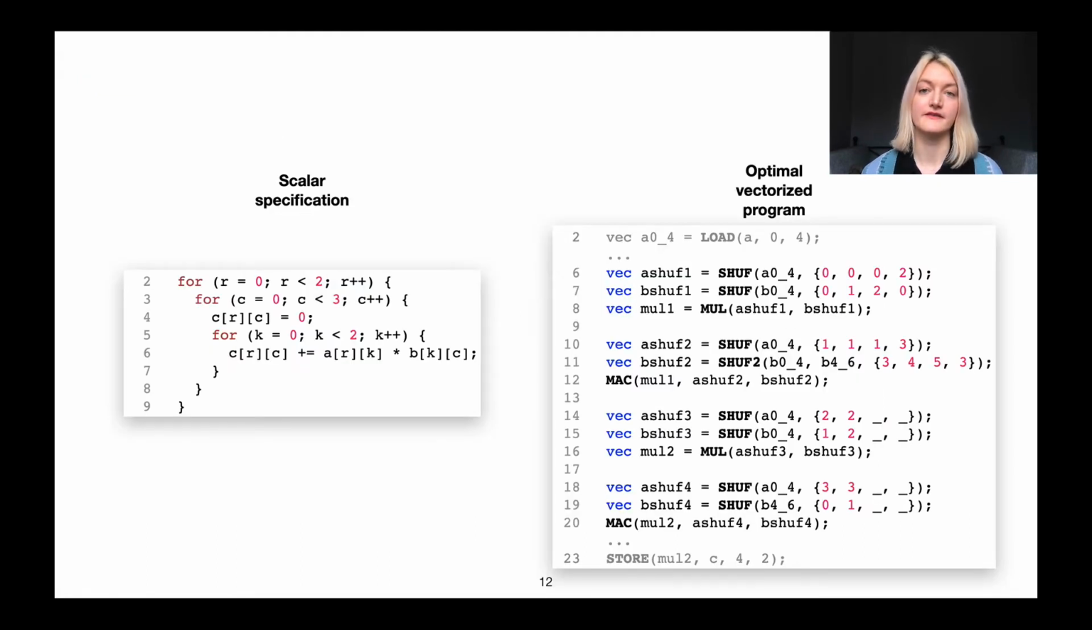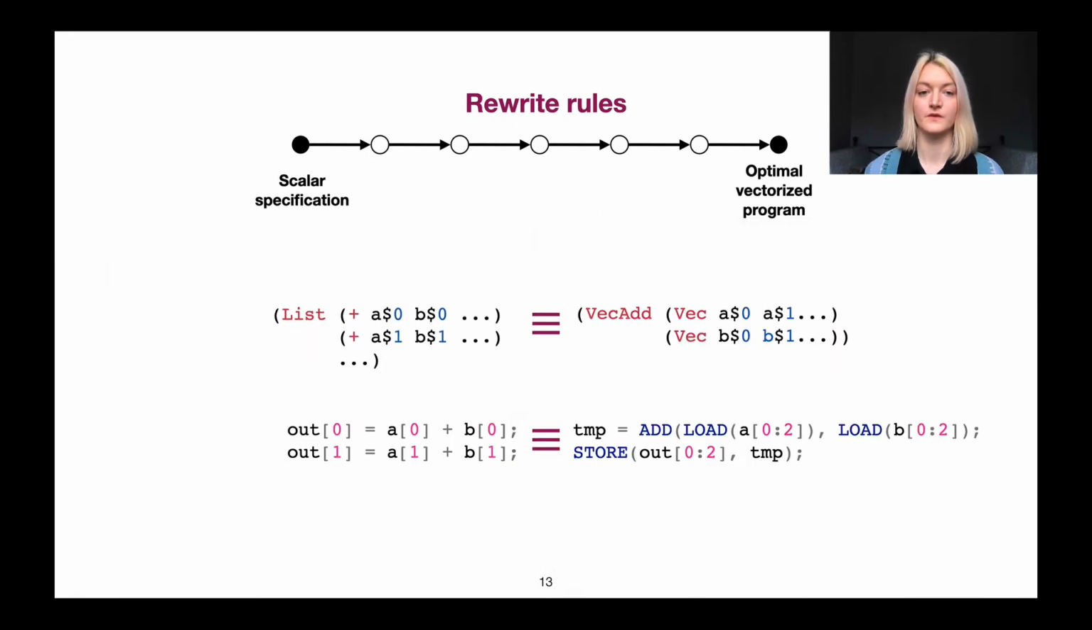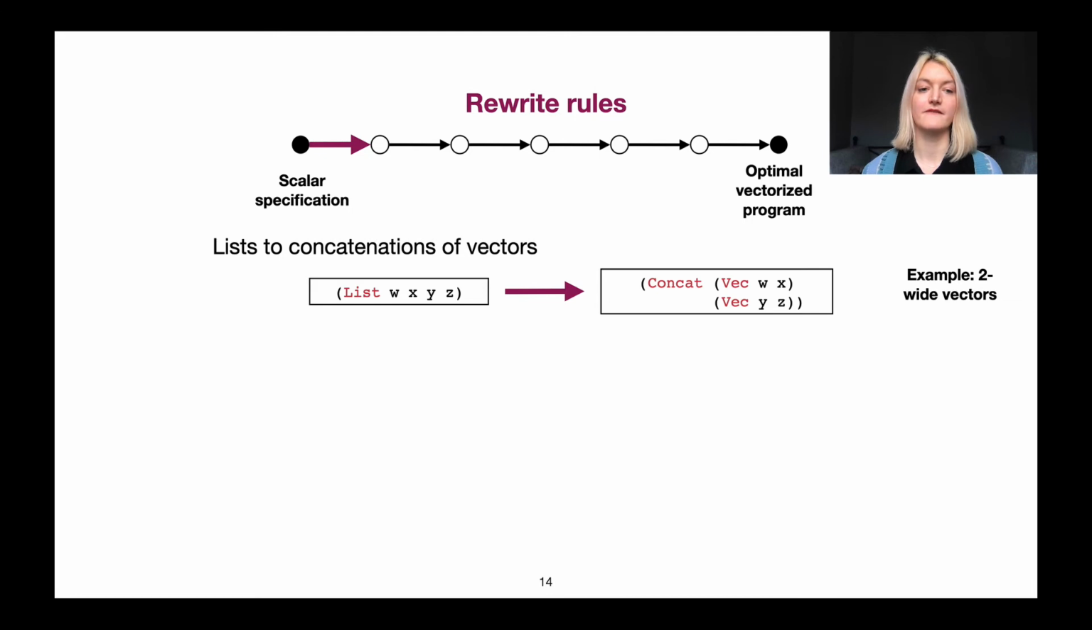The core idea in this paper is that we can view the scalar specification and the optimal vector program as equivalent. And we can see this equivalence through a set of rewrite rules that transform the scalar program into the vector program. For example, if we want to show that a bunch of scalar computations in an output matrix are equivalent to a vector computation on vectors of scalars from that matrix, we can accomplish this by first having a rule that